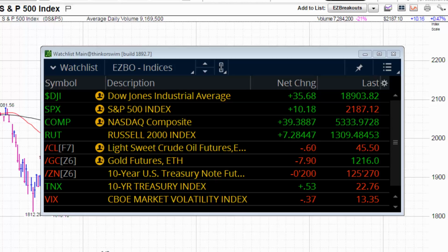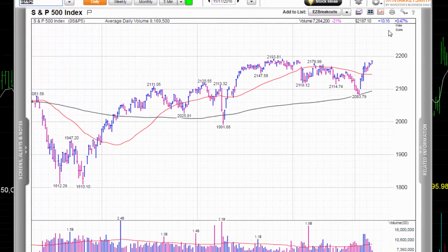But as always, we're going to start off here with the S&P 500 daily charts. And so taking a look at the S&P 500s today, we had a nice, I think, breach or a breakout above some critical levels. The 2180s, I've been talking about that over the last couple of videos. The fact that we've managed to now close at the 2187s, while that wasn't a huge breakaway move for the